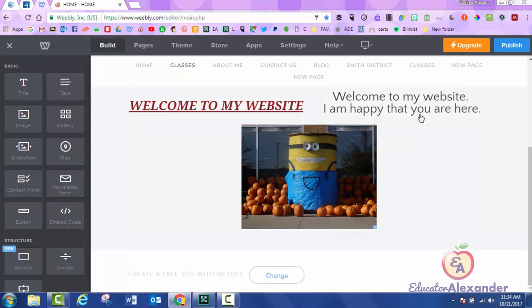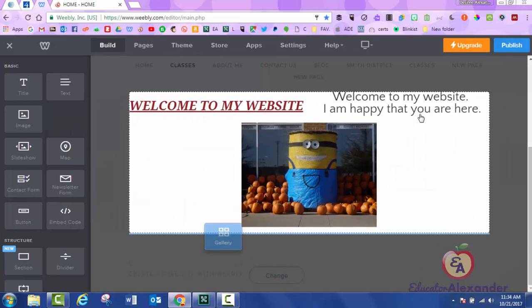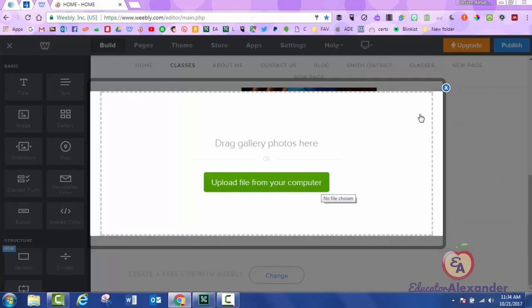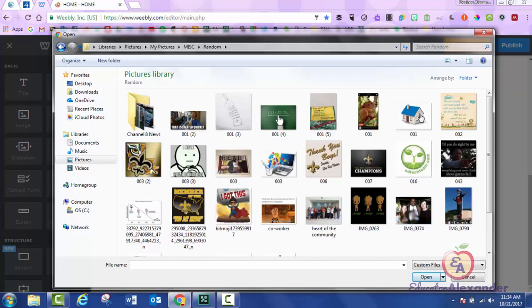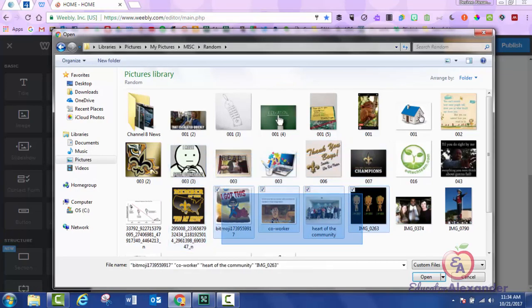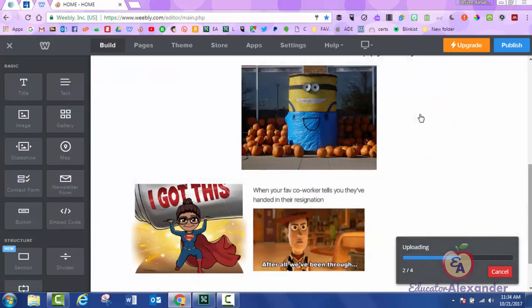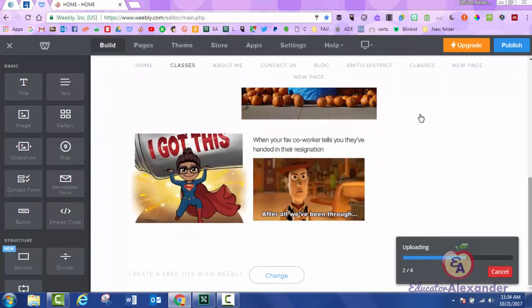Alright, so this is just a regular old image. Now you have Gallery. So what Gallery does is it allows you to upload multiple images. We'll just do a couple. Okay, so now it's uploading those 4 images to be part of my gallery. So notice what Gallery does is it puts them in little kind of thumbnails. I should have just done 2, but it puts it in little thumbnails